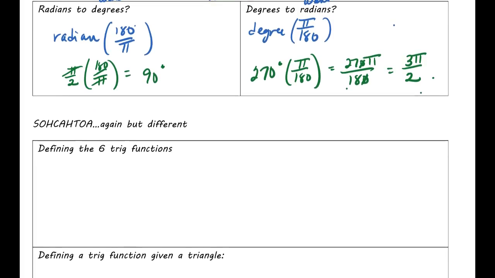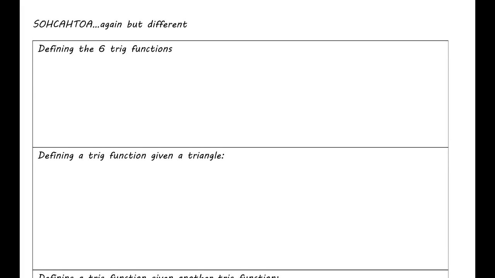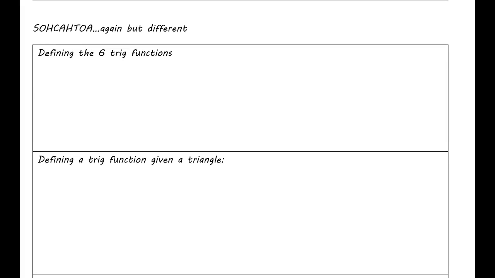Now, to extend this to the whole, like, why are we doing this, or what use will it be for me? Well, it involves SOHCAHTOA. So this is a throwback to geometry. And in geometry, you learned SOHCAHTOA, and that was to help you with all kinds of stuff, right? You learned the sine of an angle, and I'm going to call the angle theta. I don't know if you've seen this symbol for theta before, but it's a Greek letter of the alphabet. A lot of people use it to describe an angle.